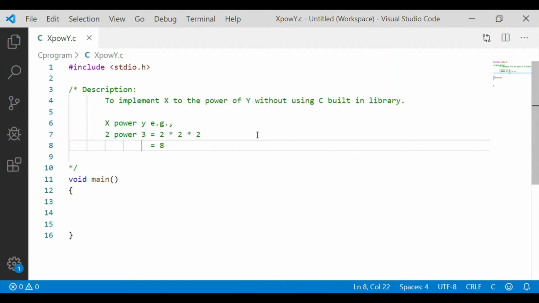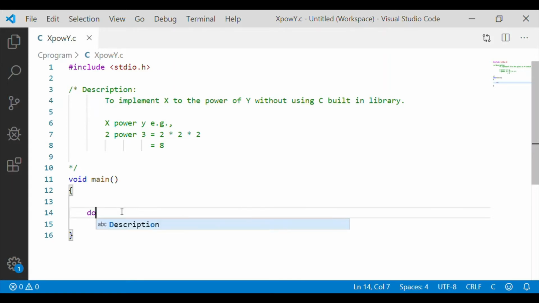So 2 to the power of 3 is equal to 8. So we will implement this functionality in our C code without using the built-in library function provided by C.